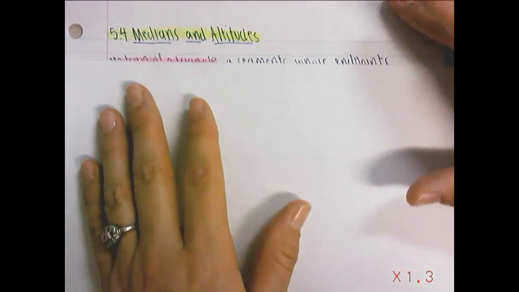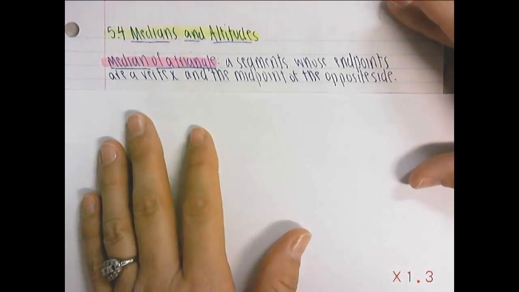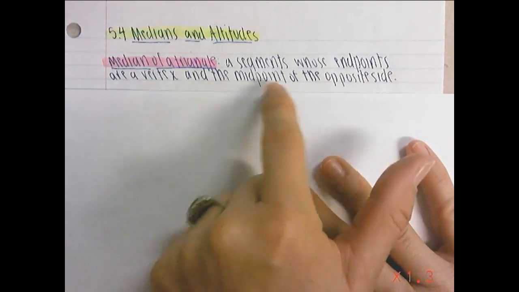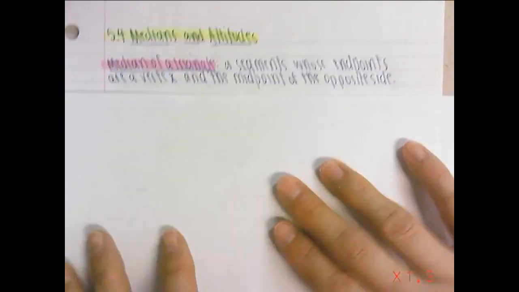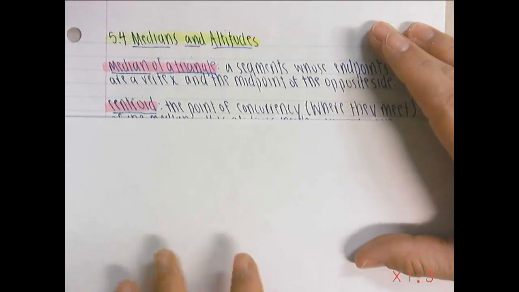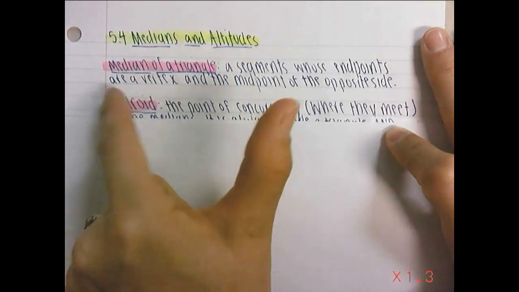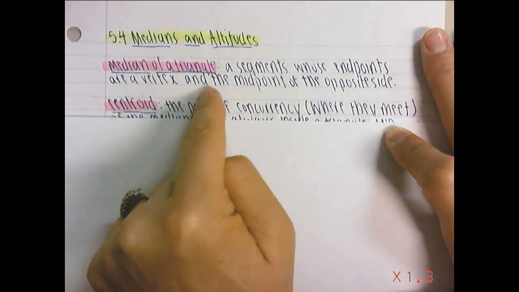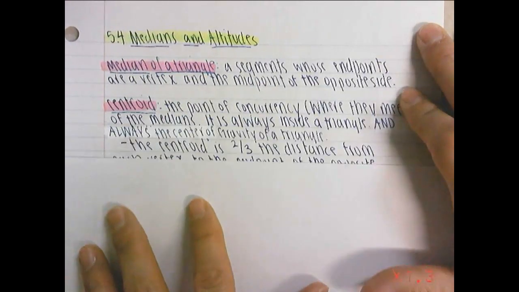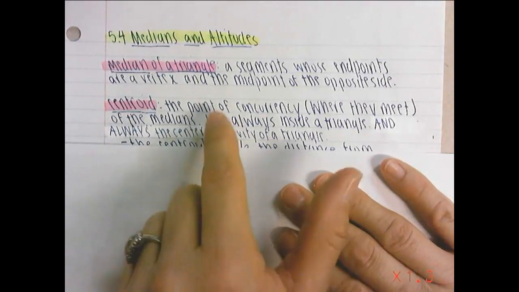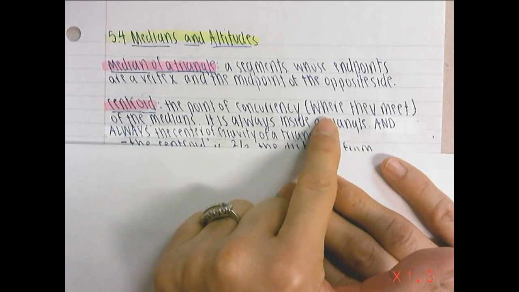Let's get started. The first thing we want to talk about is the median of a triangle. A median is a segment whose endpoints are a vertex and a midpoint of the opposite side. I will show you with the diagram in just a second. A segment whose endpoints are a vertex and the midpoint of an opposite side, that's the median. A centroid is the point of concurrency, where the medians meet, of